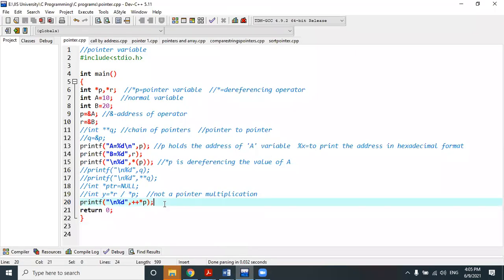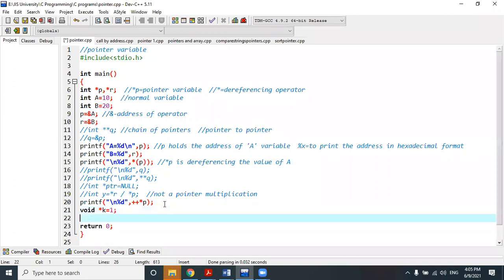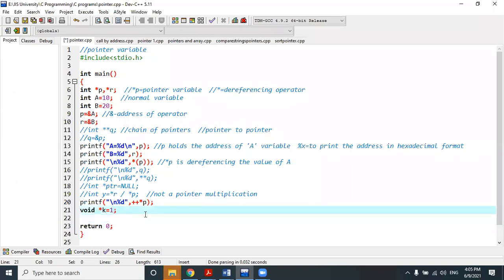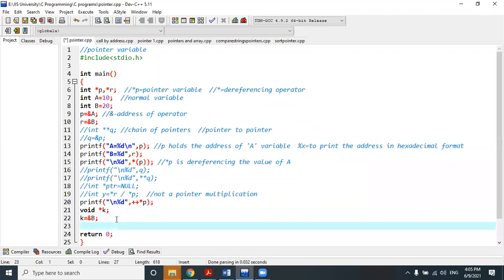Just check it out. Suppose I have declared one void pointer k, and k is equal to the address of b.